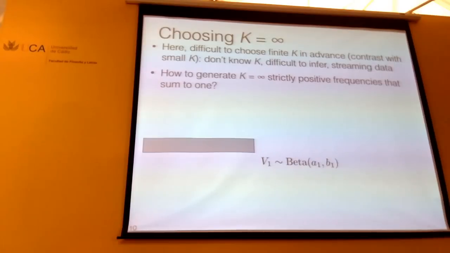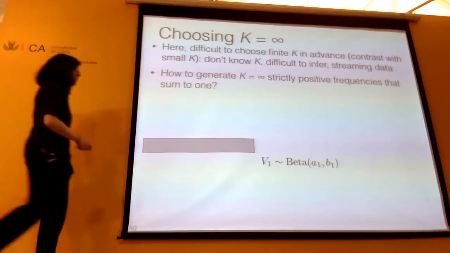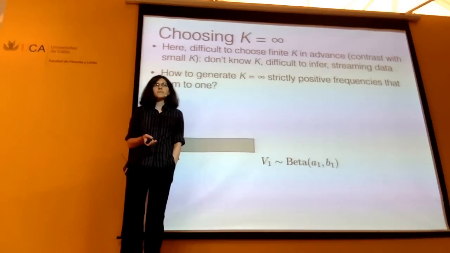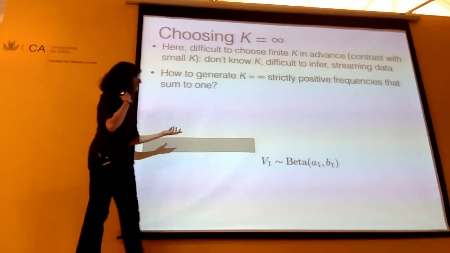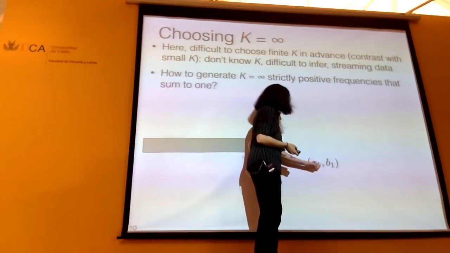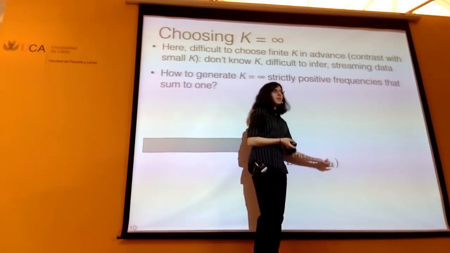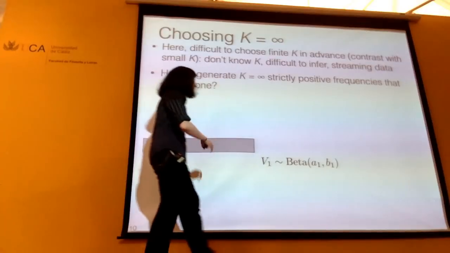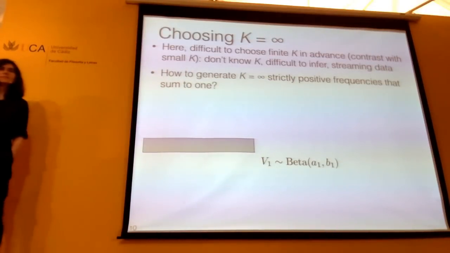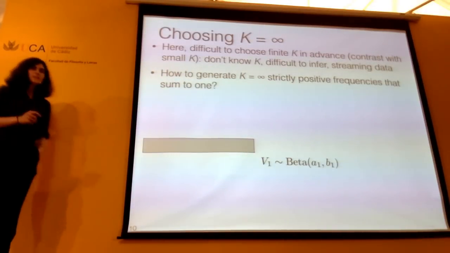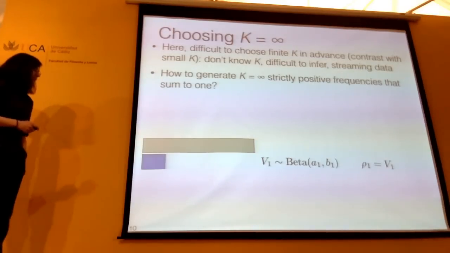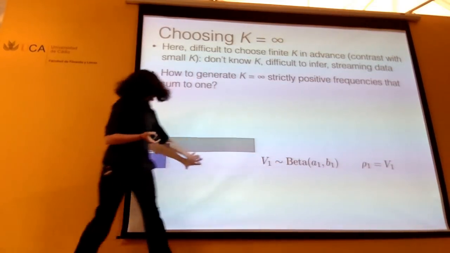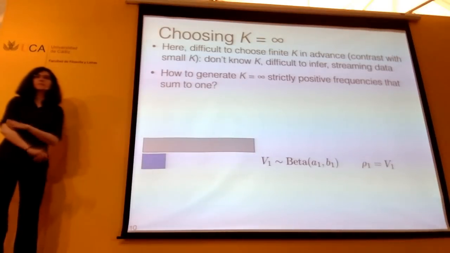Okay, so what I'm going to do now is exactly what I did before. I'm going to break off proportions of the unit interval. And now, instead of saying that my beta parameters are determined by something that I start off with, I'm just going to put in any parameters. I'm going to call them A1 and B1. At this point, it doesn't matter what they are, but as these observations foretold, it will matter. Okay, so beta is going to give me some number between 0 and 1. It's going to be a fraction of the interval, so I can break it off. Done. I've broken off this part of the stick.